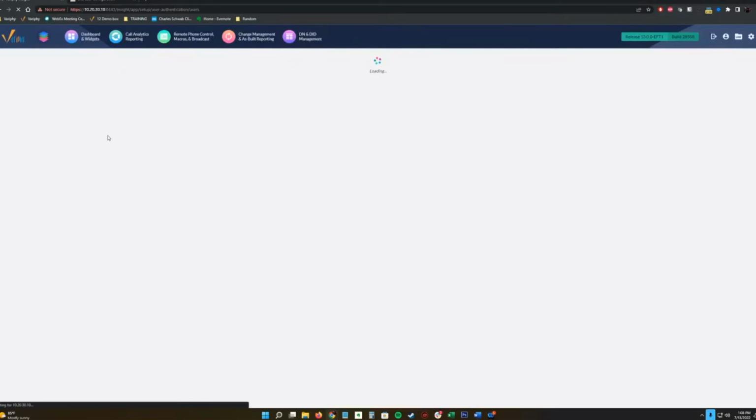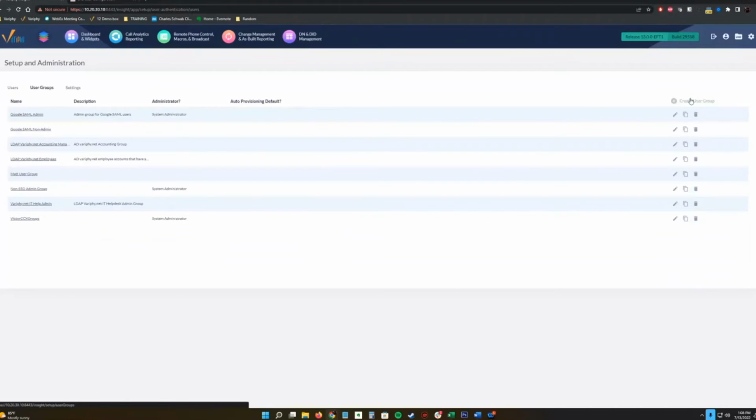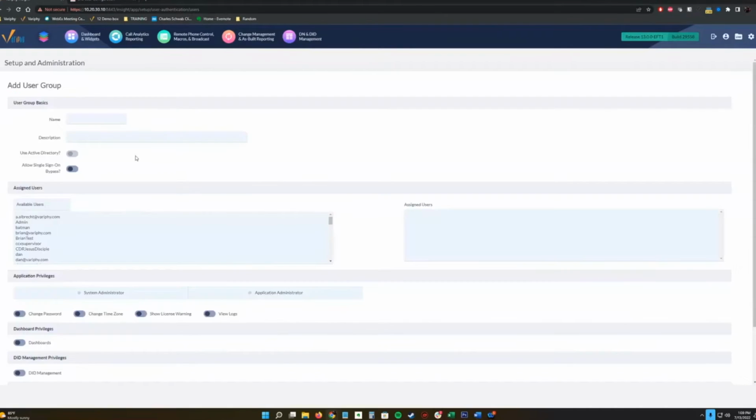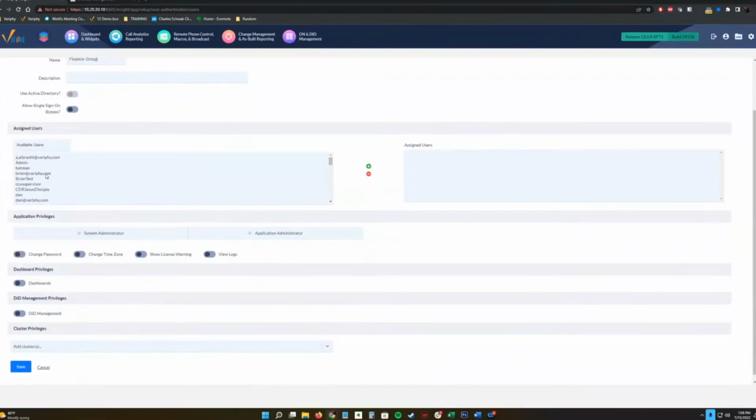Once this loads up here a little bit. Perfect. So if you go over here to user group, let's just create one for fun here. Click the create user group at the top. Over here, we would call this maybe finance user or finance group, and we can give a description if we want. And then here we could select the available users that we have and put them in that group. So we should have that Dre test one here, and they're going to be in that group.